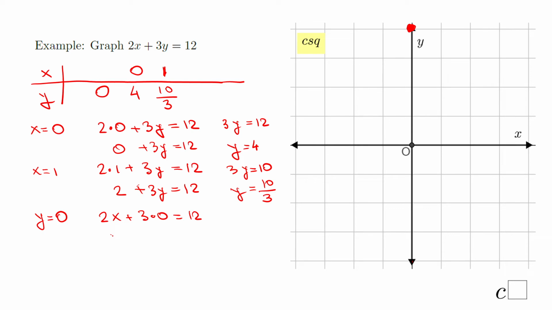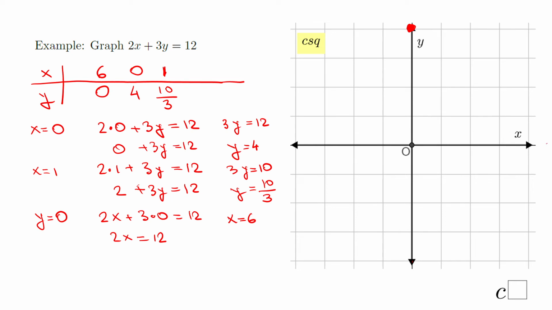We have left only 2x here because 3 times 0 is 0, equals 12. And if we want to solve for x, divide by 2, we have x equal 6. So we have this point 6 and 0,